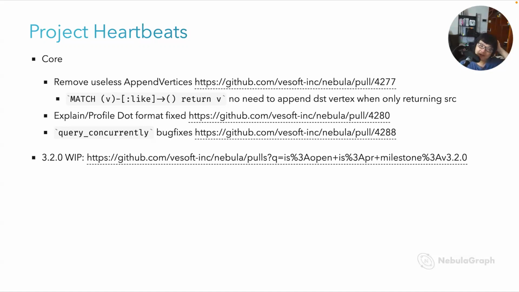We don't have too many PRs being merged in the last 2 weeks, but we actually have a bunch of pending PRs being reviewed, and they were targeted to be merged in the upcoming 2 or 3 weeks, and that's for the major milestone of 3.2.0. So I will mainly introduce 3 of our PRs. The first one is